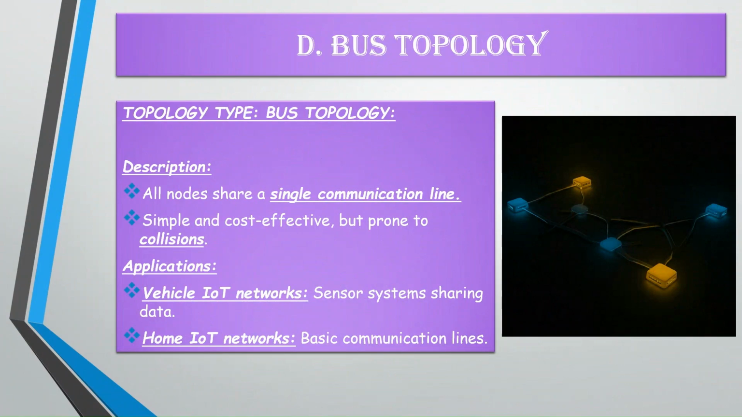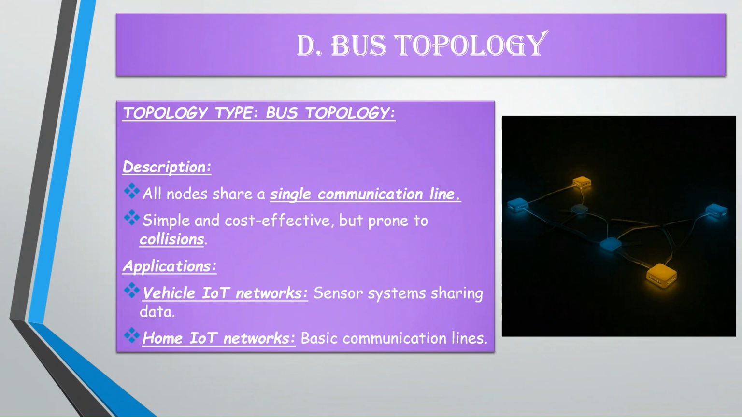Key characteristics of the bus topology include a shared communication line. All devices share a single cable or bus for communication. Simplicity and cost-effectiveness: the bus topology is easy to implement and requires minimal cabling. Prone to collisions: since all devices share the same channel, there's a risk of collisions occurring when multiple devices attempt